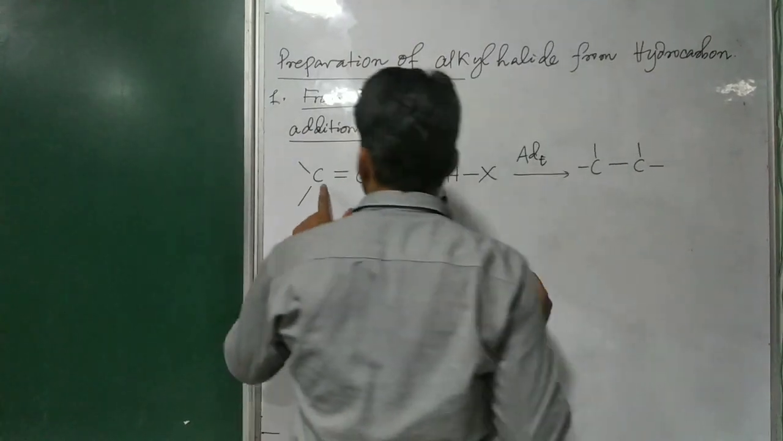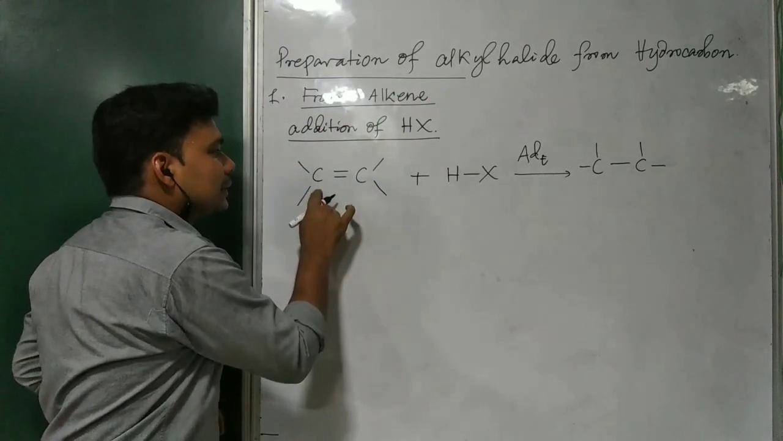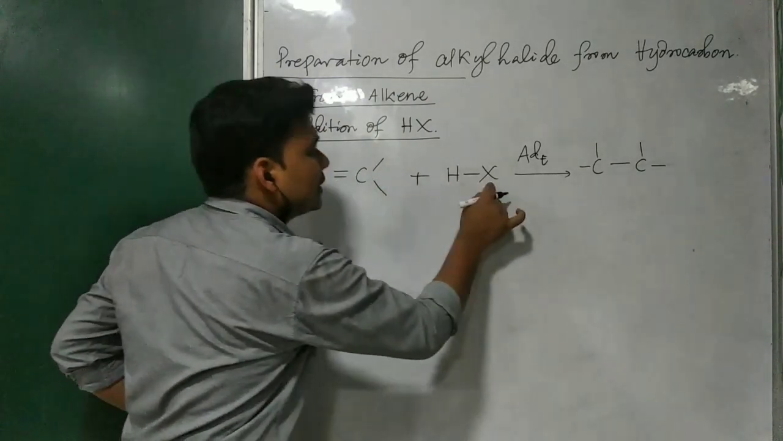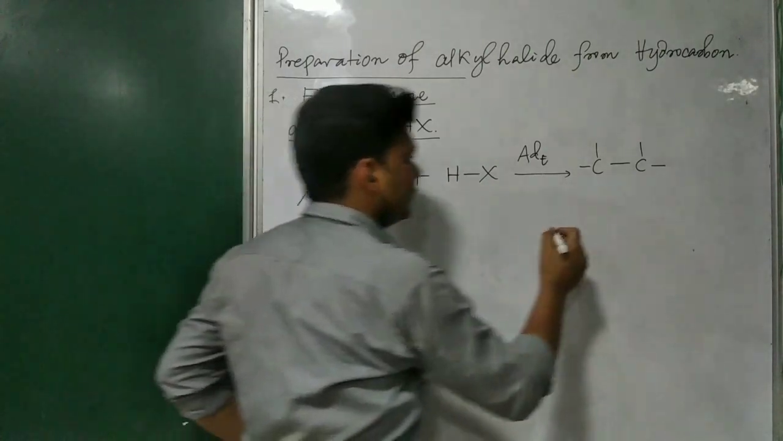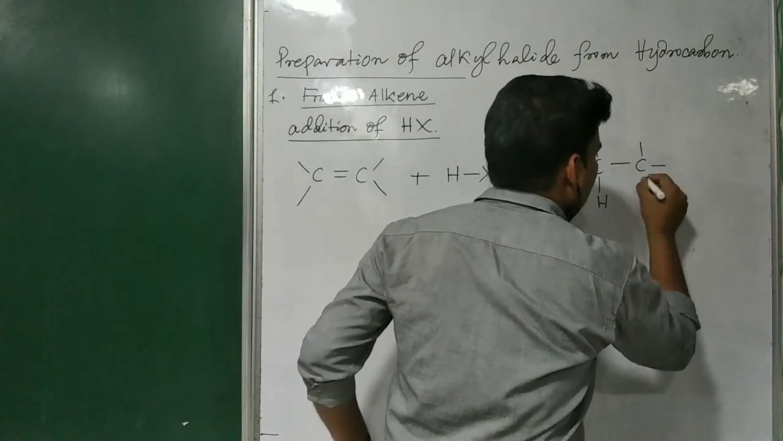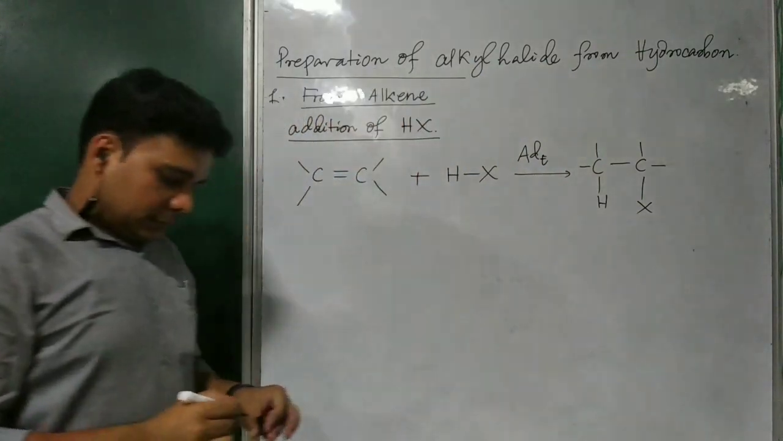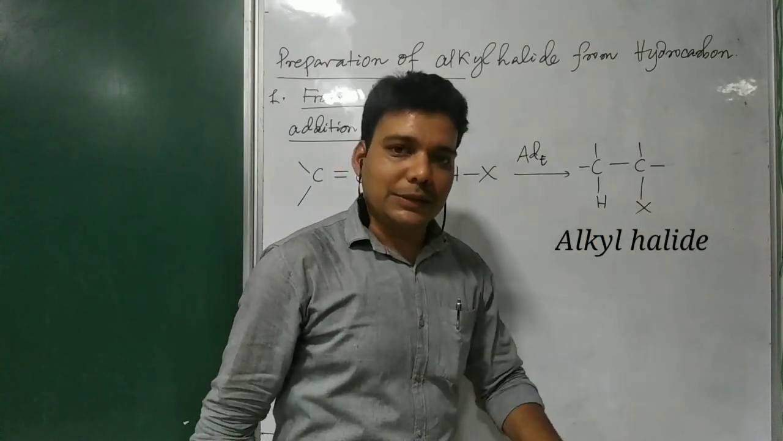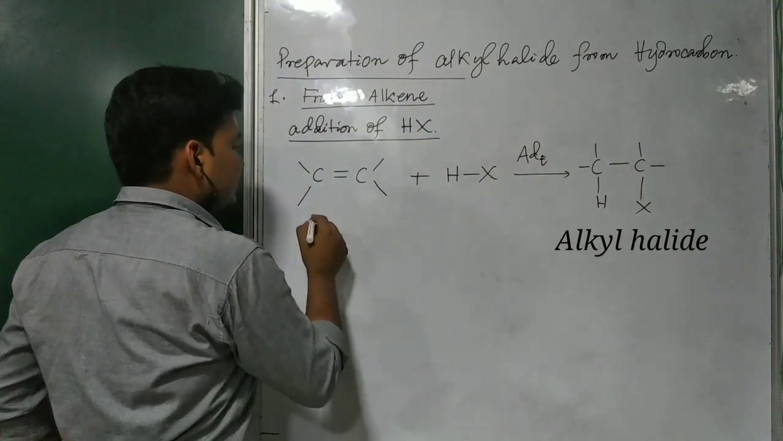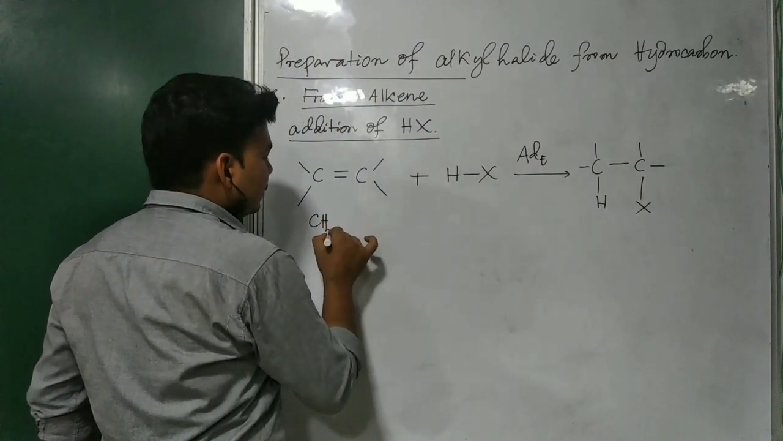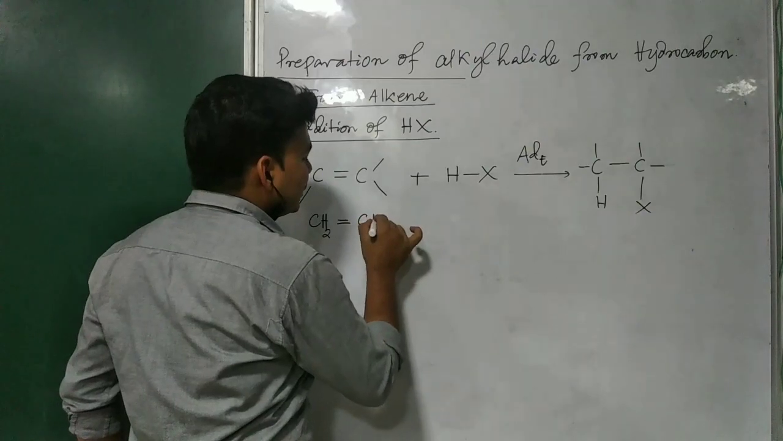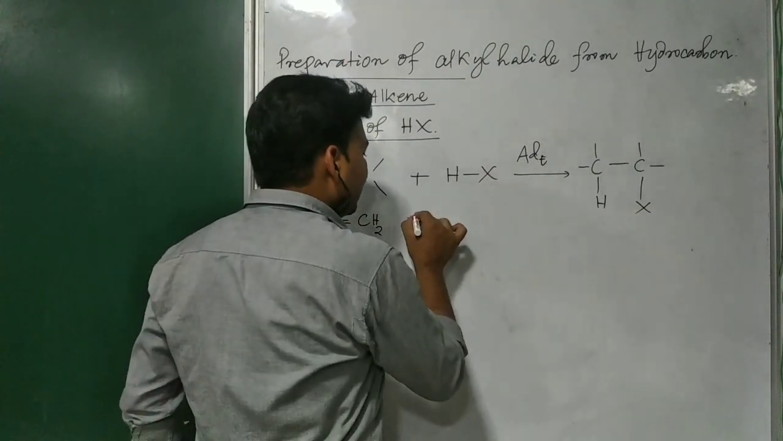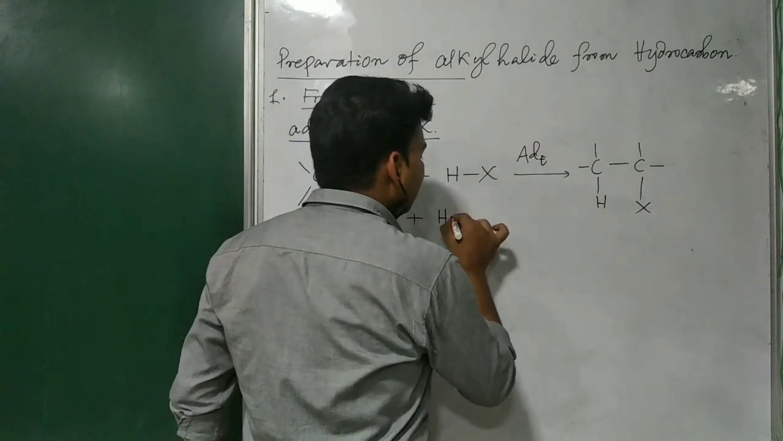Okay. So, for example, let us consider this hydrogen getting added to this carbon, then this halogen will be added to this carbon, then we will get our product as this, your required alkyl halide. Okay. For example, let me take some simple alkene first. It is one alkene, ethene. When it is treated with HBr,